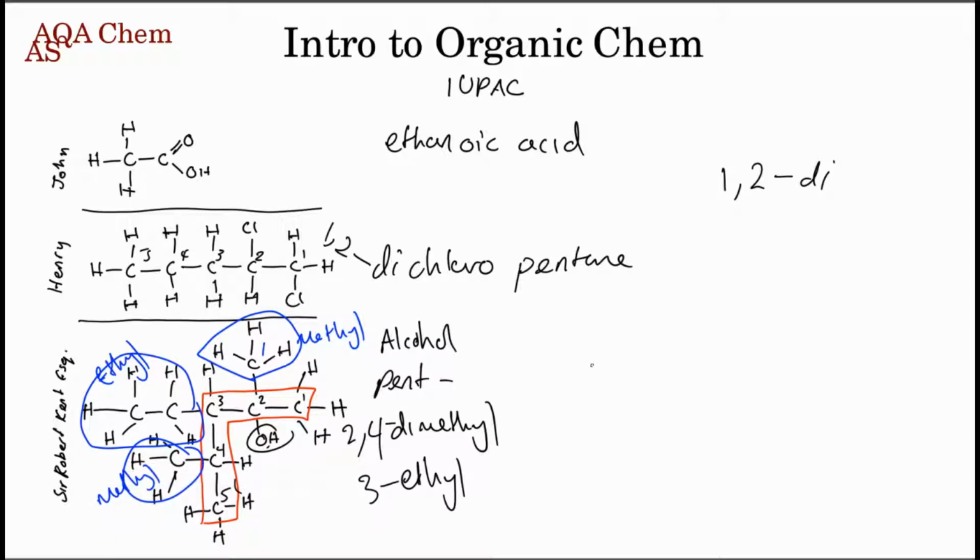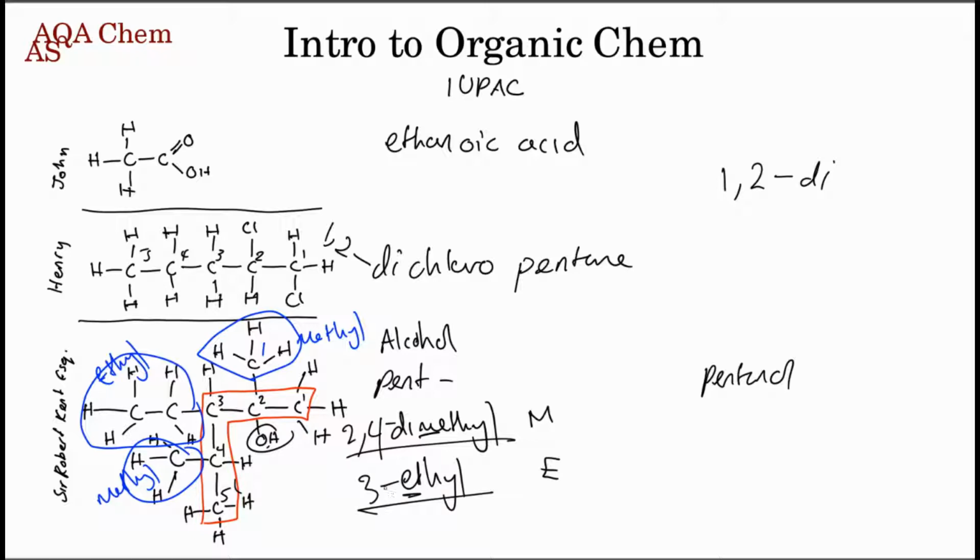So now we have pentanol, and then we have 2,4-dimethyl and 3-ethyl in some order. The order here does matter, and the order here is determined alphabetically by this and this. So this is an M, this is an E. In alphabetical placing, these do not count. You don't count the di, the tri, the tetra, the whatever. Okay? That's just a quirk with it.